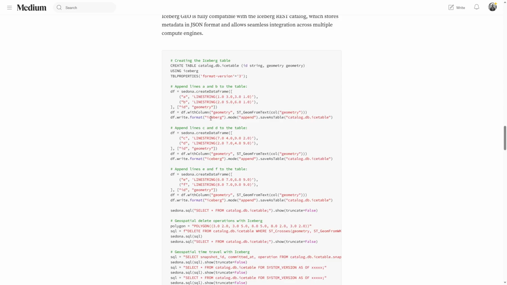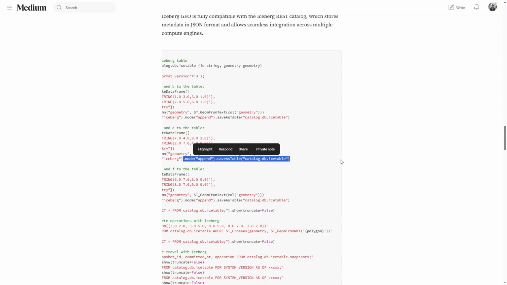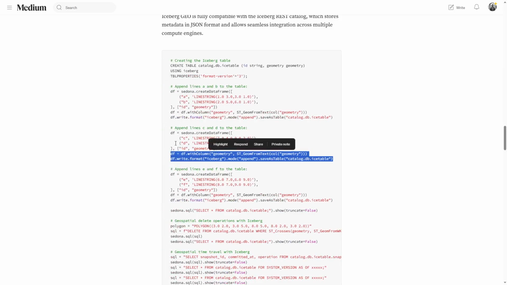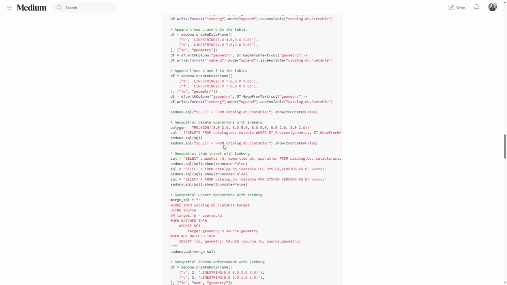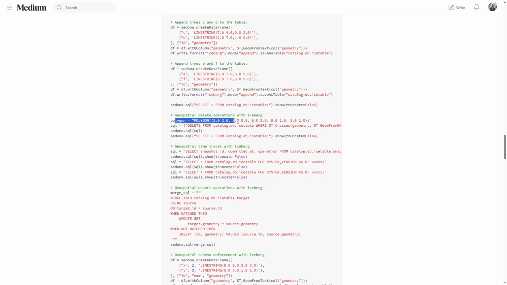We inserted two rows. Then we can do the append as well. Again we inserted two rows in append mode, so it writes to the same location. Now we will append a line. These C and D are also lines, so E and F we also insert and see how it goes. It will work as it is, because this is also just appending to the same table. Now we can do delete. For example, for whatever polygon we have created, we can say delete from this table where the ST